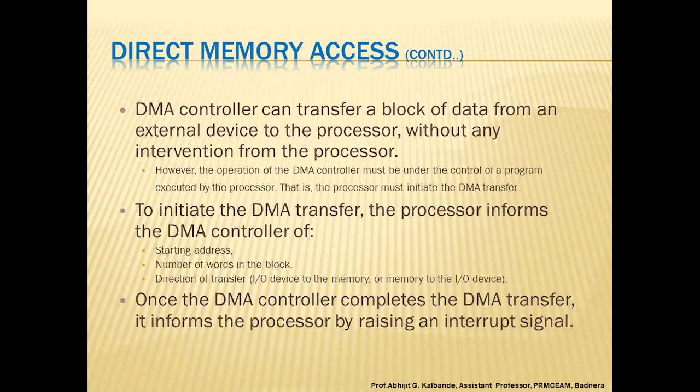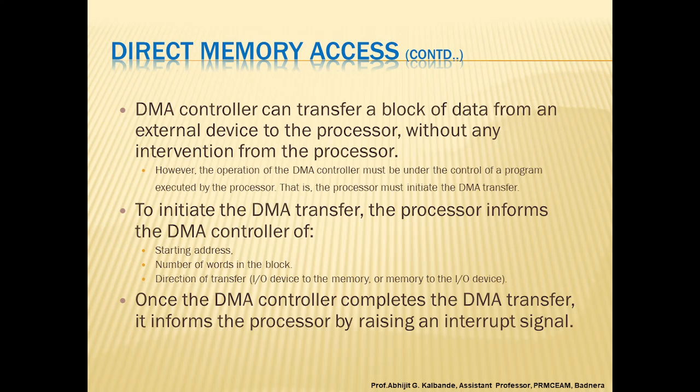It uses its connections to the printer to determine whether the printer is ready. Whenever the printer is ready, the DMA controller sends the request to the memory and instructs the printer to receive the data from the bus. Then it waits for the printer to be ready again. When the DMA transfer is completed, this fact is recorded in the status and control register of the DMA controller. If the interrupt enable bit is set, the controller sends an interrupt request to the processor and sets the IRQ bit.